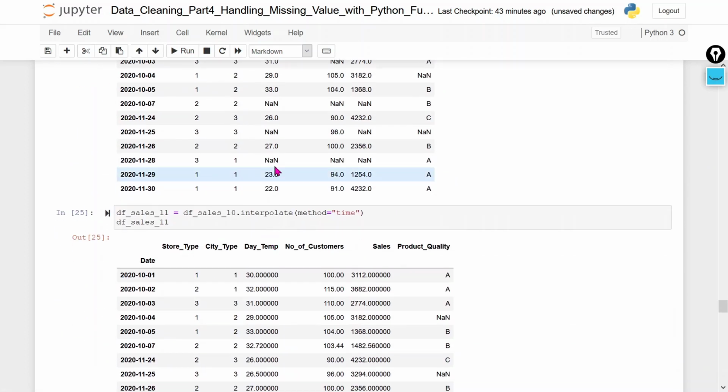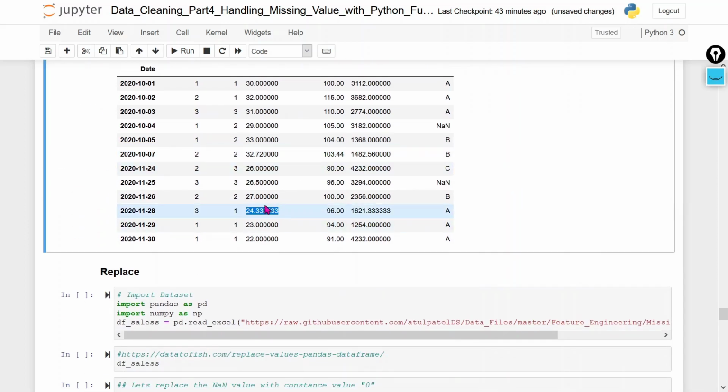You can see here we have NaN at 26, 28 and 29. So this value will be nearer to this 29. You can see that 23 and this is your 24. You can see 26, 27, there is a 1 day gap. So this value will be imputed corresponding to this 23 value. That's why it is closer to 23, but it is far away from 27 because this date is closer to your 29. So this way it works.